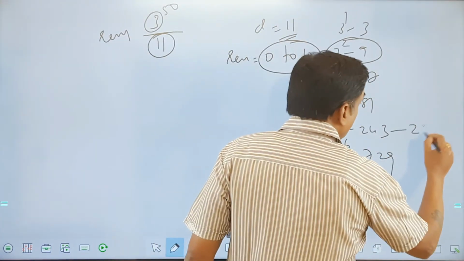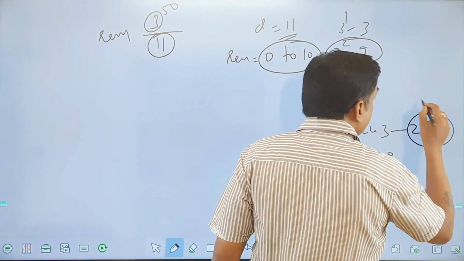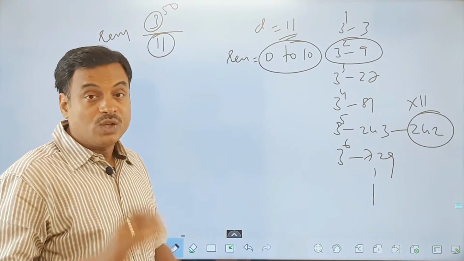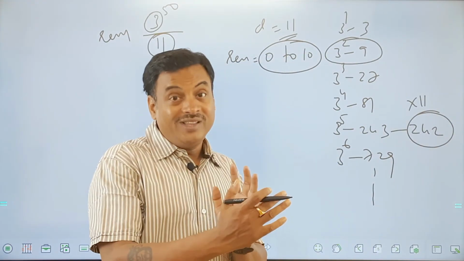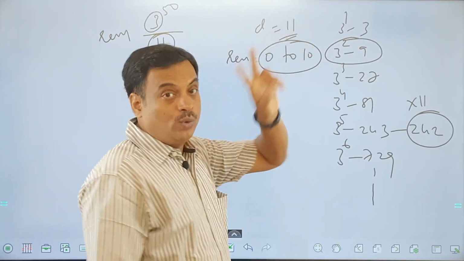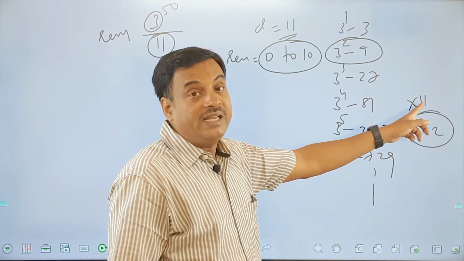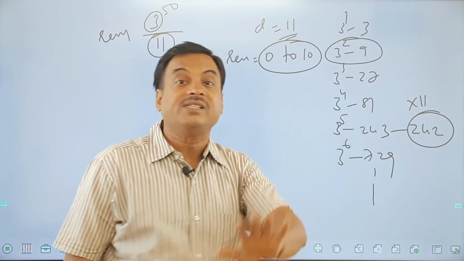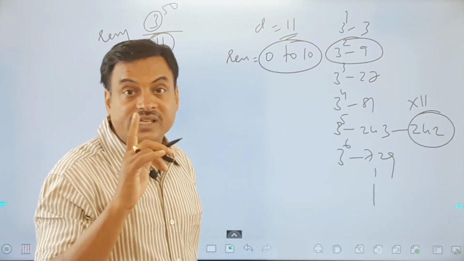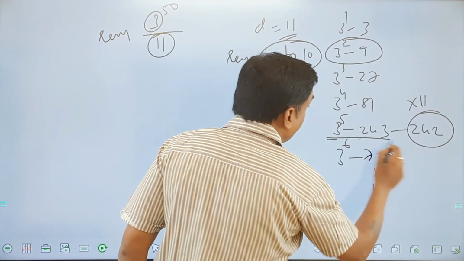For example, 242. If you look at this number 242, it is a multiple of 11. 242 is a multiple of 11. So if I target 242, 243 will be only one difference away. Since 9 and 11 have a difference of 2, I should not take 9. Search for the number which is close to a multiple of 11 with a difference of only 1. So if I target 242, 243 gives a difference of only 1. Remember that. So here I'll convert in the form of 3 power 5.